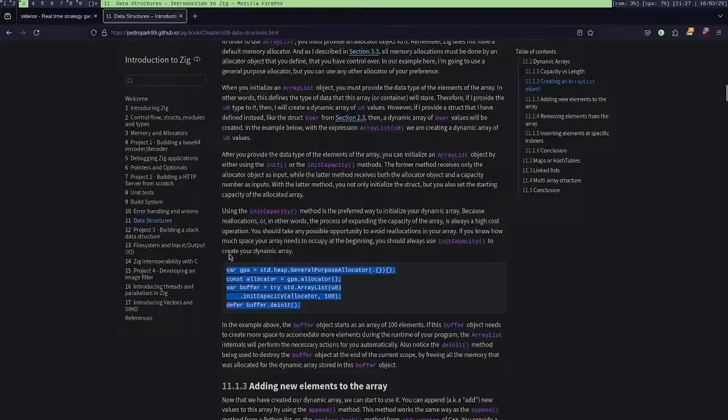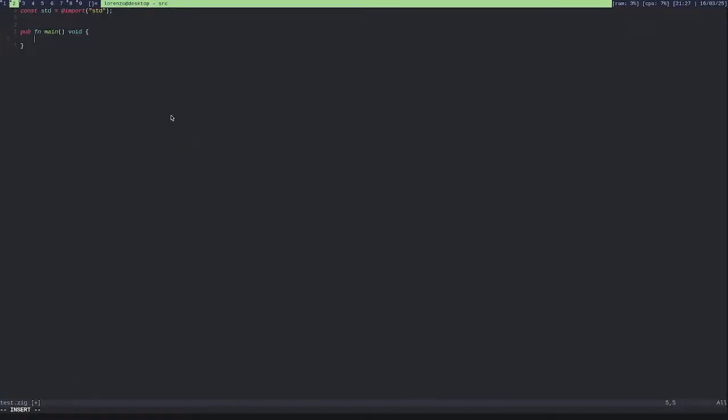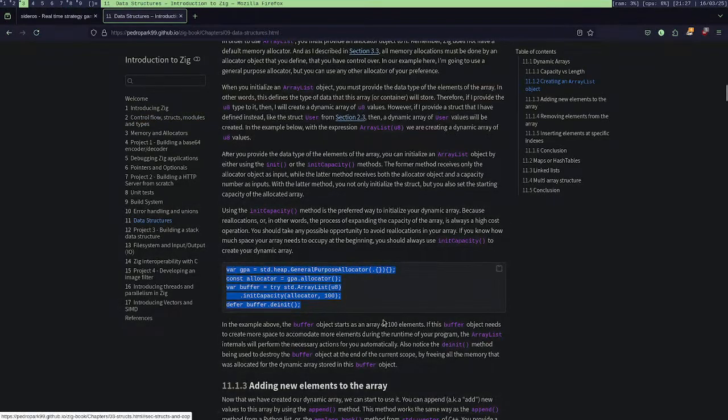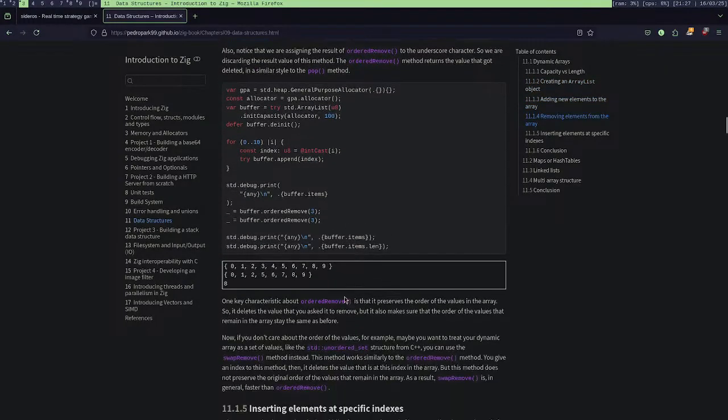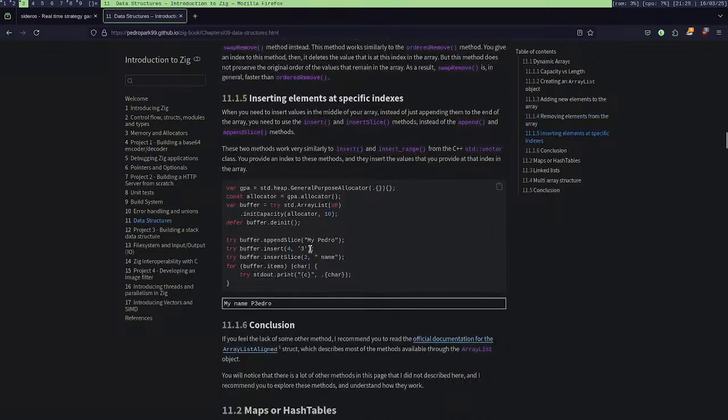So I will just need an allocator for this. And this is an array list of type u8. Okay. And what I want to do is try doing something like this. So I will say that buffer, and probably I can't index it. I don't want to append, but can I insert? Yeah, okay.